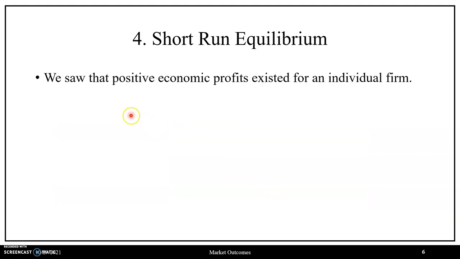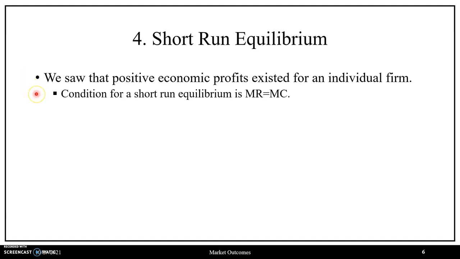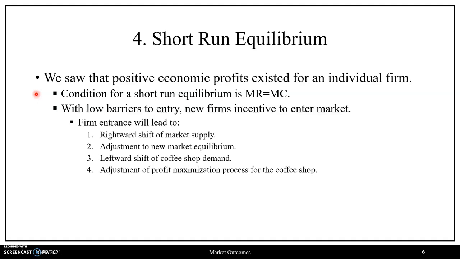So then overall, with this market equilibrium in the short run, we saw that positive economic profits exist for individual coffee shops, and the condition that satisfied the short run equilibrium was marginal revenue is equal to marginal cost, or our profit maximization rule, where since positive economic profits exist in the short run equilibrium for the iced coffee industry